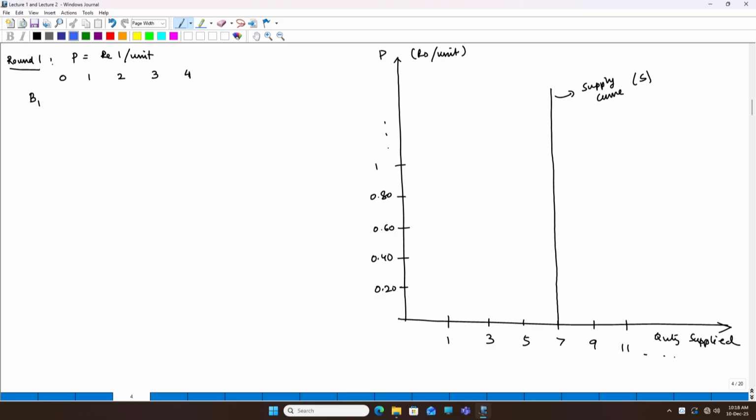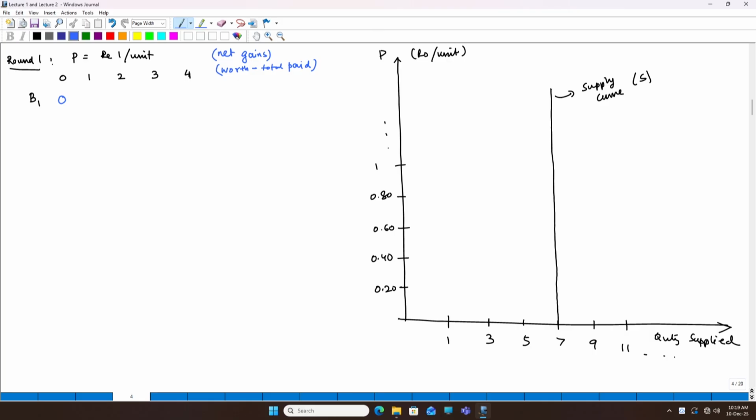gives him 0 rupees. So, I am going to write down the net gains here. The numbers that I am writing in blue are the net gains, which is going to be how much the good is worth minus the total price that I pay. So, let us think of it that way. It is worth something to me, but to get that good I need to pay something to you. How much do I pay? That is dependent on what the price is, and the worth minus the total amount paid is going to be the net gain. So, as far as buyer 1 is concerned, not buying anything is giving me a net